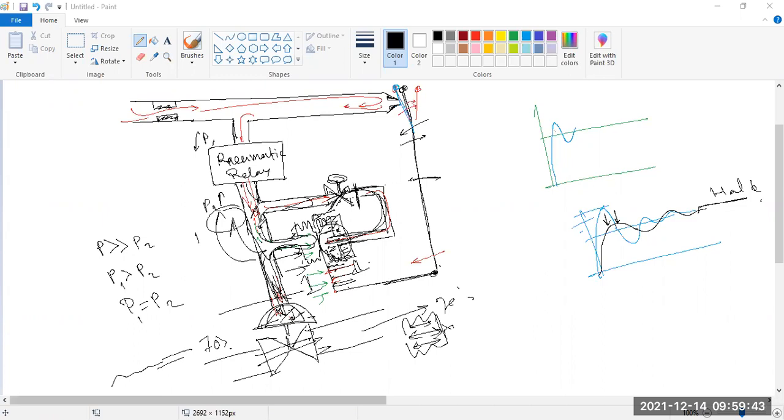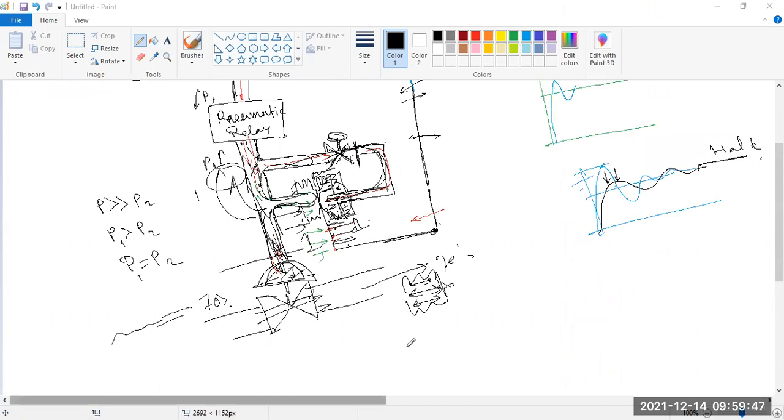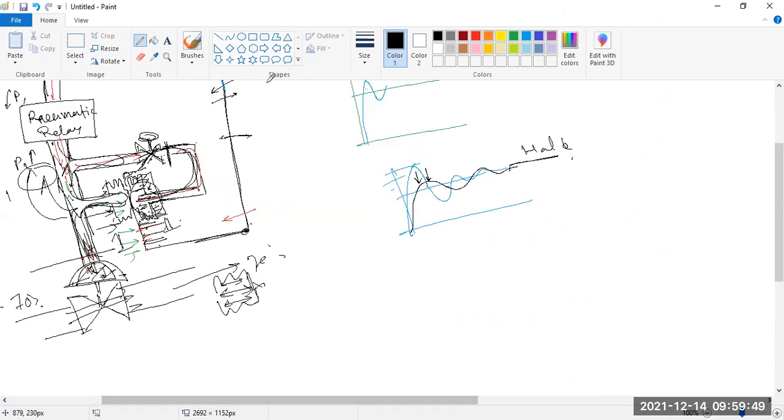How is this derivative portion working? Once again, I am going to say this. Look, this is bellow 1 and this is bellow 2. Whenever this bellow was locked by this derivative valve, what happens? The derivative valve will lock your position. You can't move this bellow. You can't move this bellow.